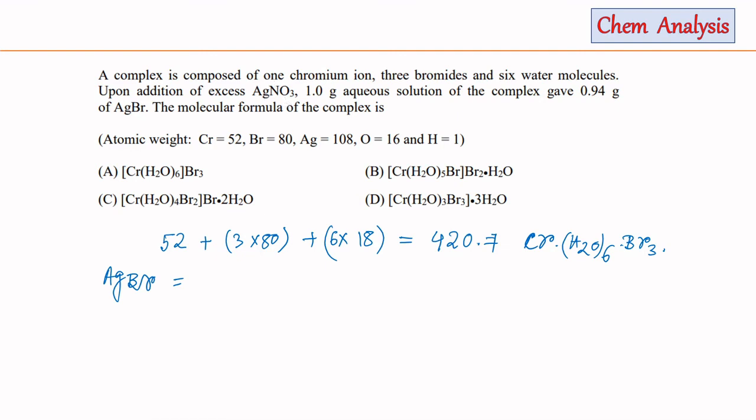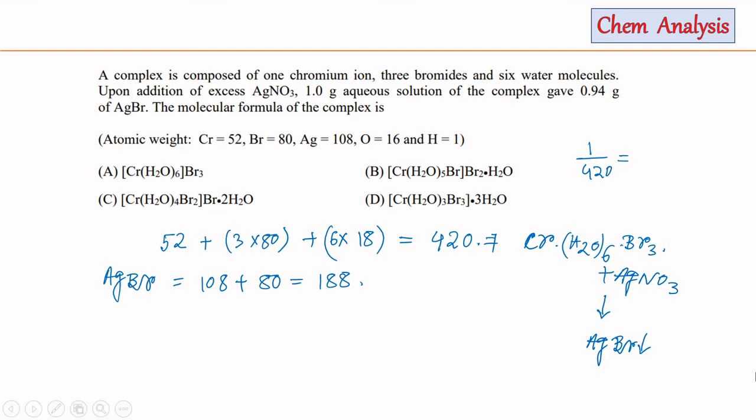When we react this complex with silver nitrate, there will be precipitation of silver bromide. Depending on the number of silver bromide precipitating, we can tell the number of bromide outside the coordination sphere. The molecular weight for silver bromide will be, for silver 108 and for bromine 80, that means 188. From the given question we can see 1 gram of the complex, that means 1/402 mole, and if you calculate this,